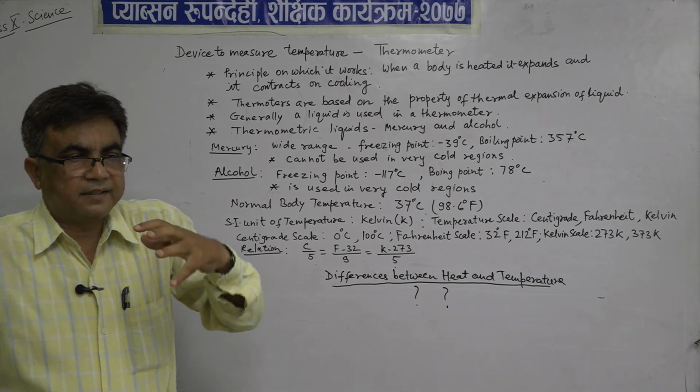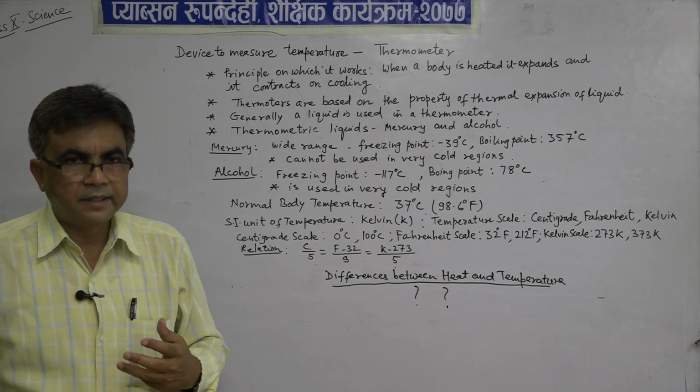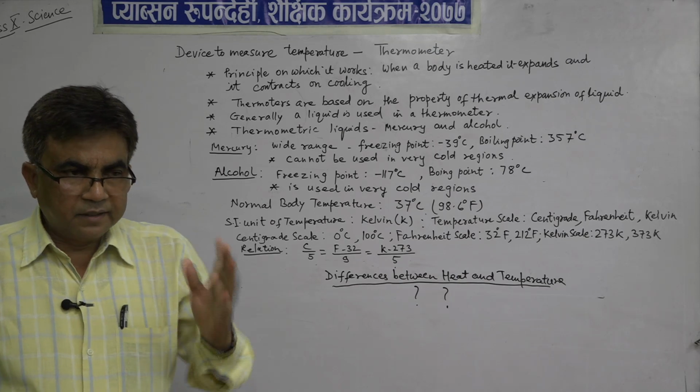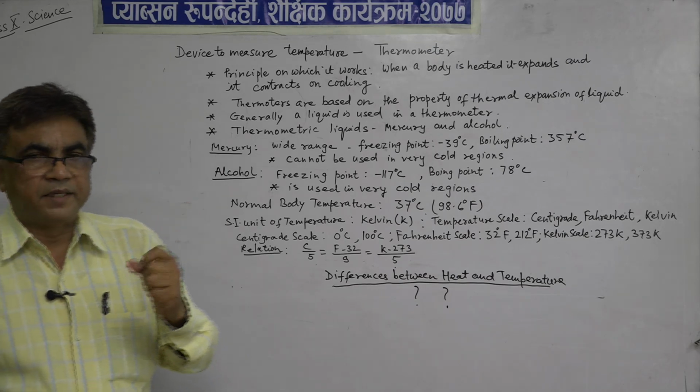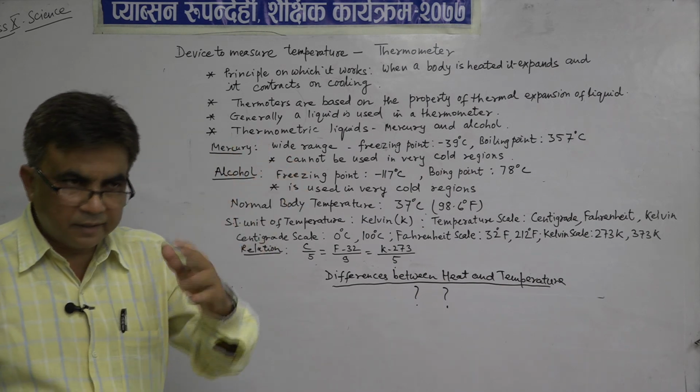That means as soon as the temperature goes below minus 39, it freezes. That's why it doesn't work. So that's why for very cold regions, mercury cannot be used as a thermometric liquid. So we have to think of another option. So another option is here,